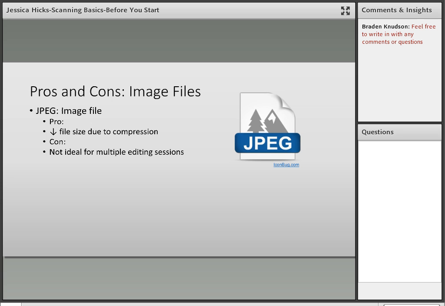But the problem with that is that because of that opening and closing, if you were to open it, edit it, close it, and by closing it, saving it, you would be making the image go through that compression scheme differently. Because of that, it can lose some quality and lose some details. So it is not ideal for multiple editing sessions. But as long as you're just leaving it be and maybe doing 1 or 2 edits, it should be just